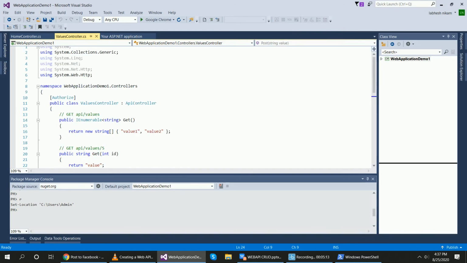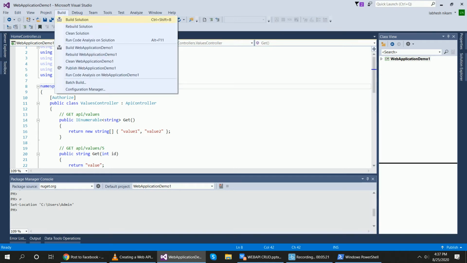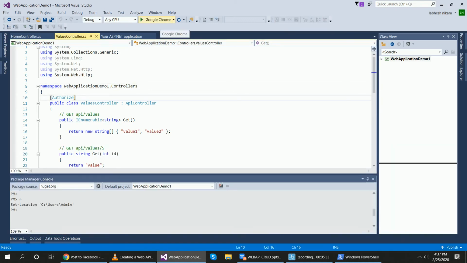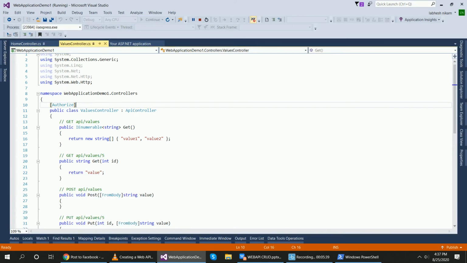Now if I want to run this project, what I will do first, I will build the project. The building is necessary to run the project of Web API. So every time you will build the project first, then run the project.